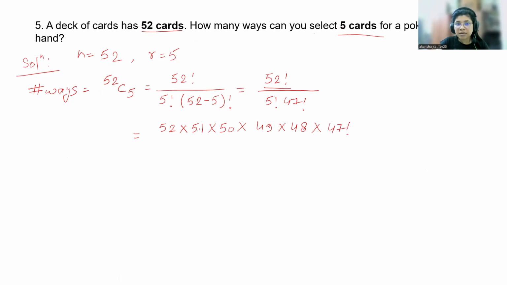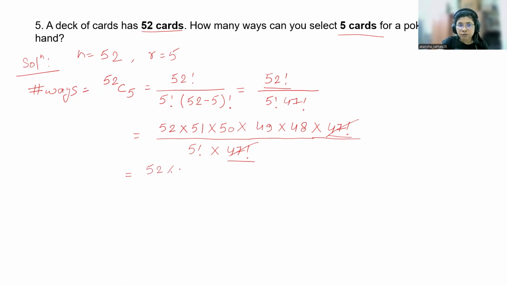So you can see that 1, 2, 3, 4, 5: whatever is R, that many numbers will be over here. That you will get to know when you practice certain problems. So 5 factorial into 47 factorial. And you can easily see that 47 is sitting in the denominator as well as in the numerator. You can cancel them out and you will be left with